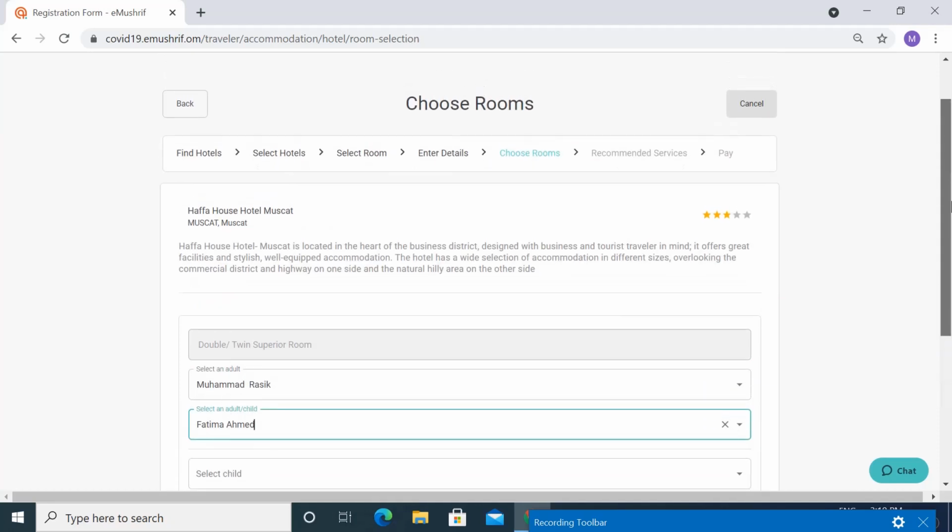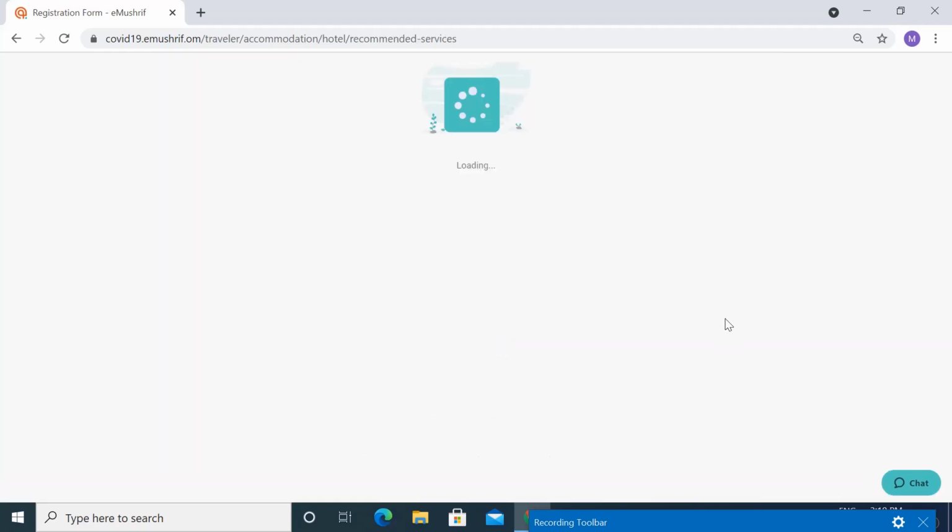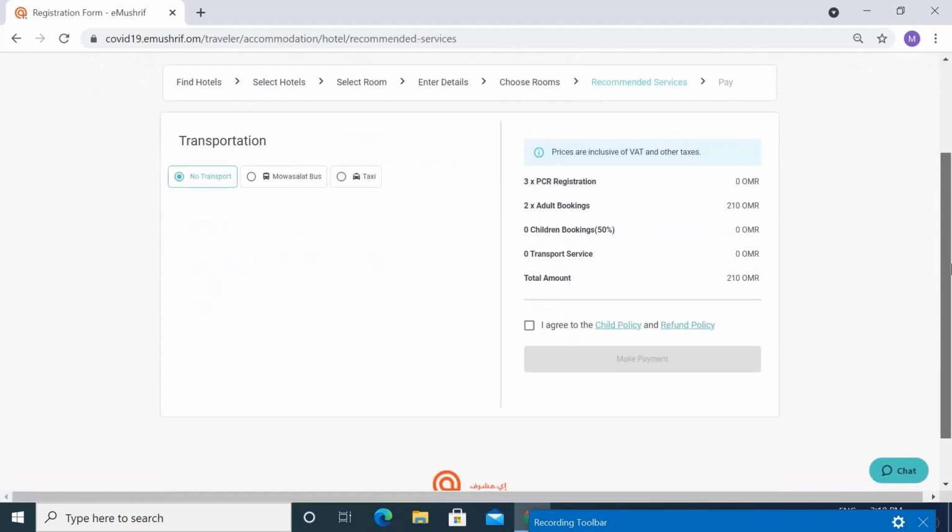In this page you need to choose the type of rooms and you need to put your details. Once you finish the procedure you can go to recommended service.